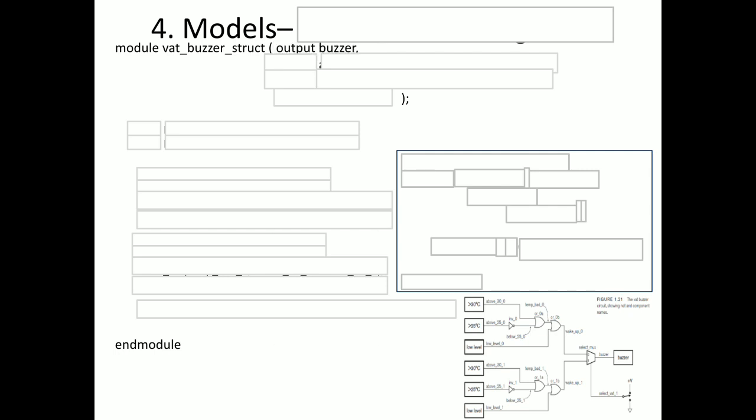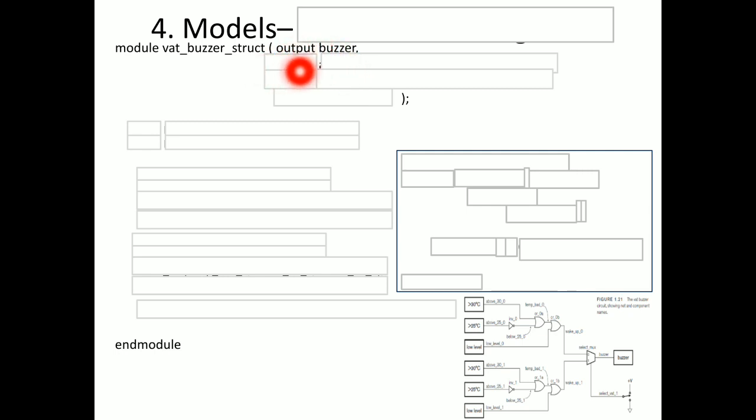In the port list we need to start with the output port names. First output ports, and then followed by input names. This is the standard one. You can see the buzzer is output, we know, but how will the tool know that buzzer is output or input? So we need to explicitly mention the type of port.